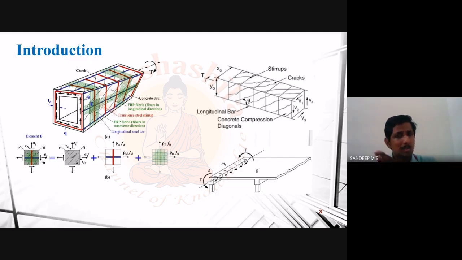And please do remember, the concrete member actually has some capacity to take up the tension. So the concrete will try its maximum to take up these loads, and these loads go on increasing, and at one stage this concrete will fail to take up the tension, so that the crack will be formed. So in such a case, if you have reinforcement passing in the required direction, what will happen is